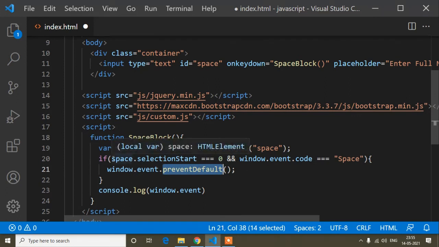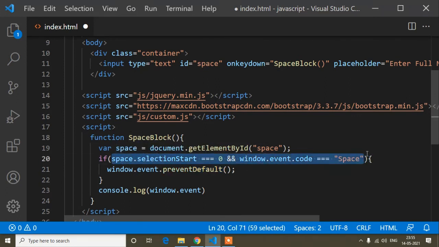So the user cannot add a space as the first key.